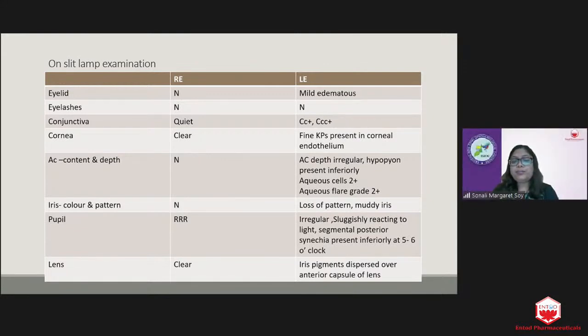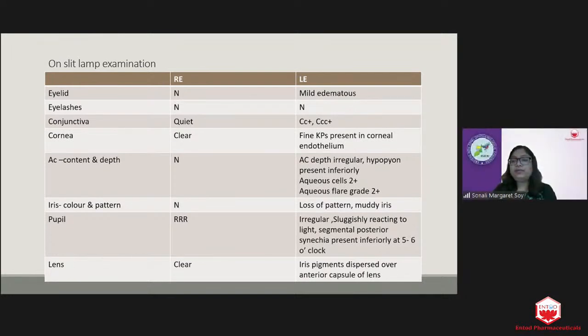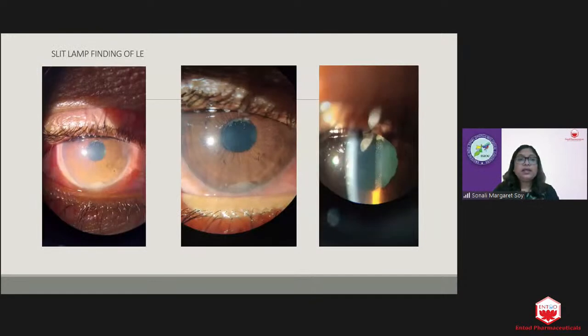Iris, the color and pattern was lost. It is muddy iris. Pupil was irregular and sluggishly reacting to light. There was segmental posterior synechia present inferiorly at 5 to 6 o'clock, and over the lens, iris pigment were dispersed. This is the slit lamp examination of the left eye showing circumciliary congestion and hazy cornea due to mild corneal edema and KPs which were present, and anterior